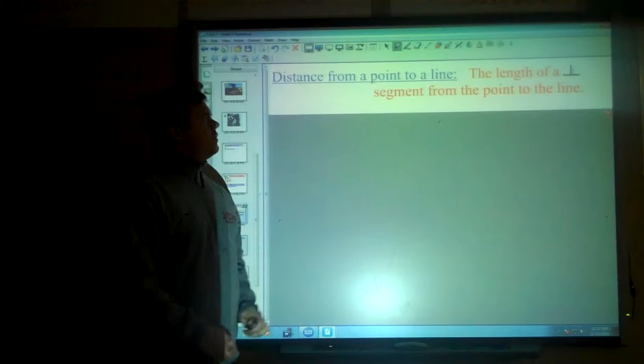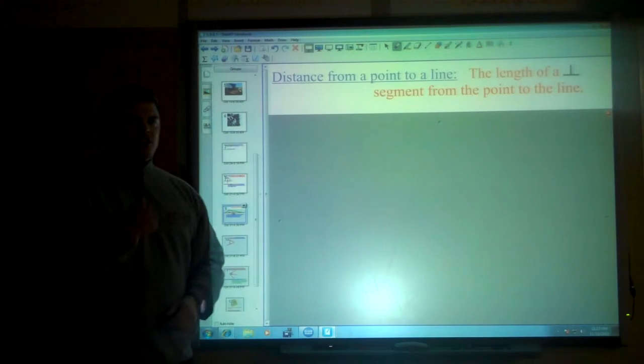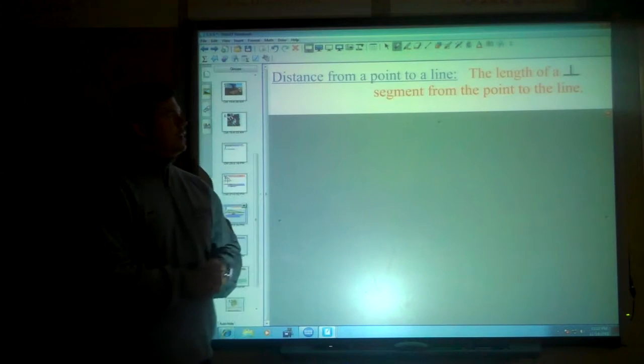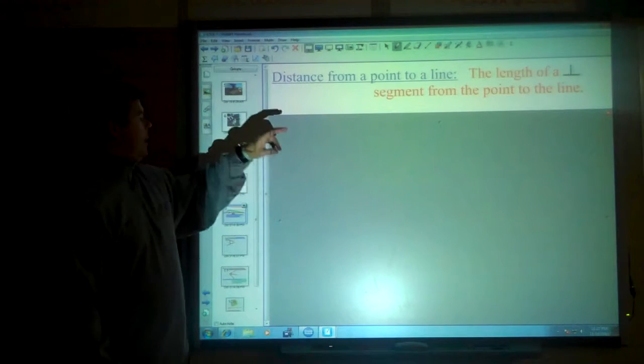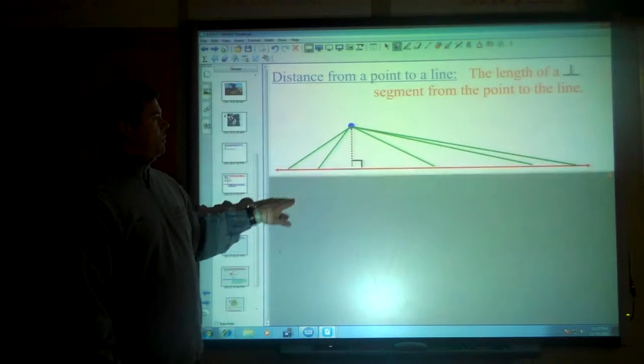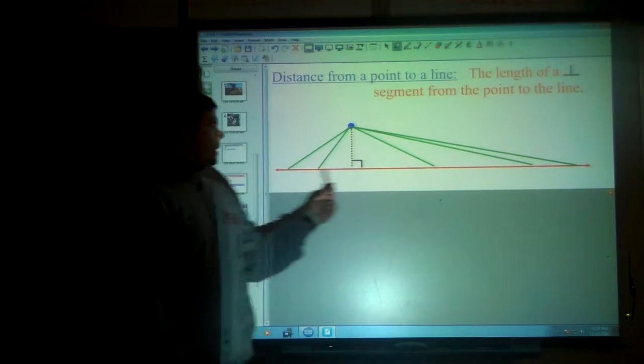Alright, the distance from a point to a line. This is a tricky one. People make mistakes with this. It's the length of a perpendicular segment from the point to the line. What I mean by this, and this is where people make mistakes, say I have this red line and I